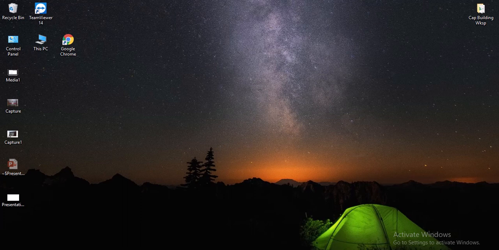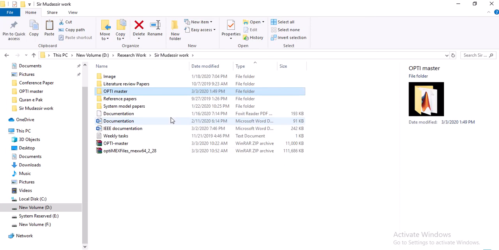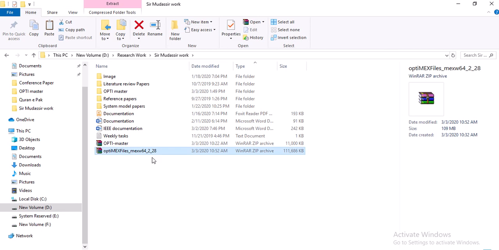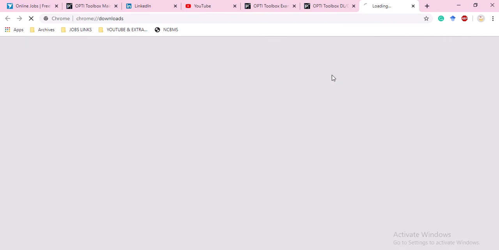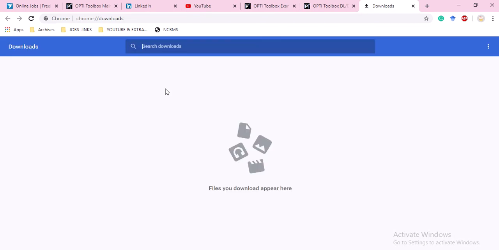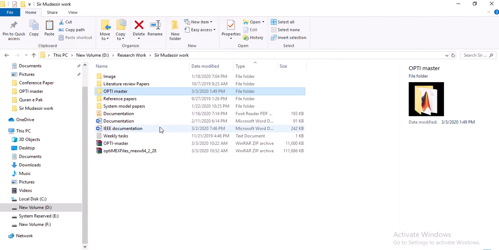Okay, so I have kept it in my folder OptiMaster. Here I have downloaded it, plus I have downloaded the OptiMax files for the installation of OptiMaster. So OptiMaster, OptiMax files. I will show you the link of OptiMaster too. It's not appearing here. Anyways, these are the max files and this is the OptiMaster, and you have